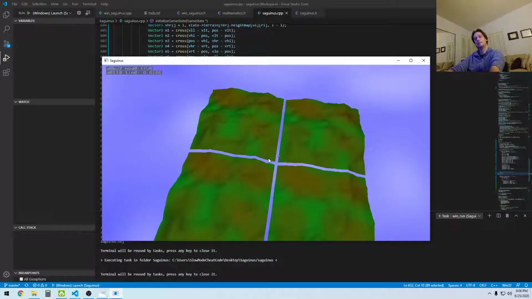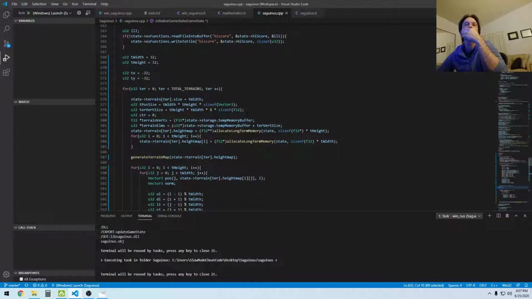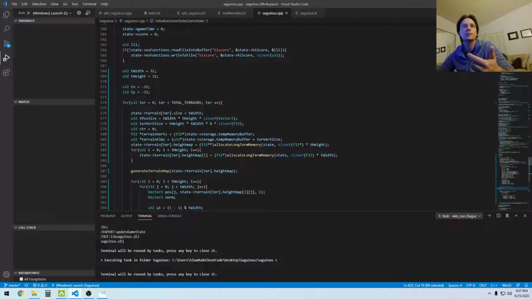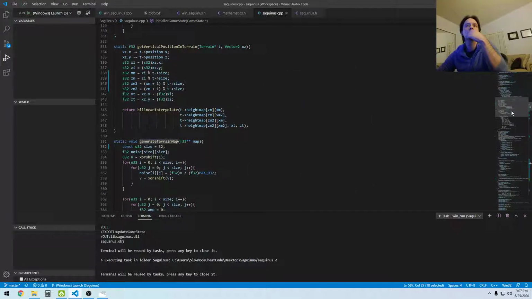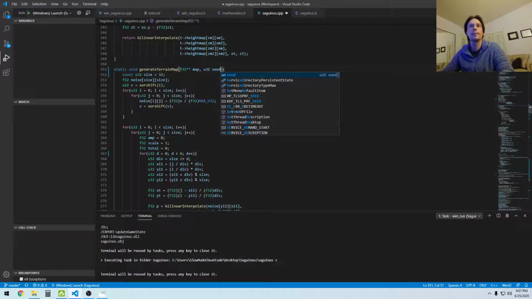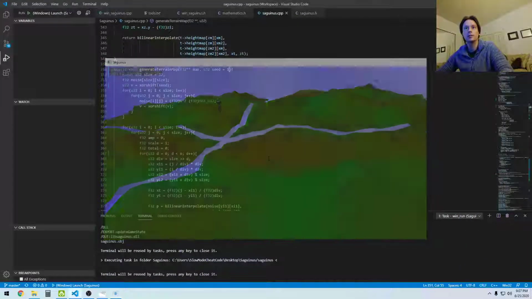Okay, so then... what I don't want to do is use the same, what do you call it, seed each time. Just set that to 1. So nothing should change there. There. But now...